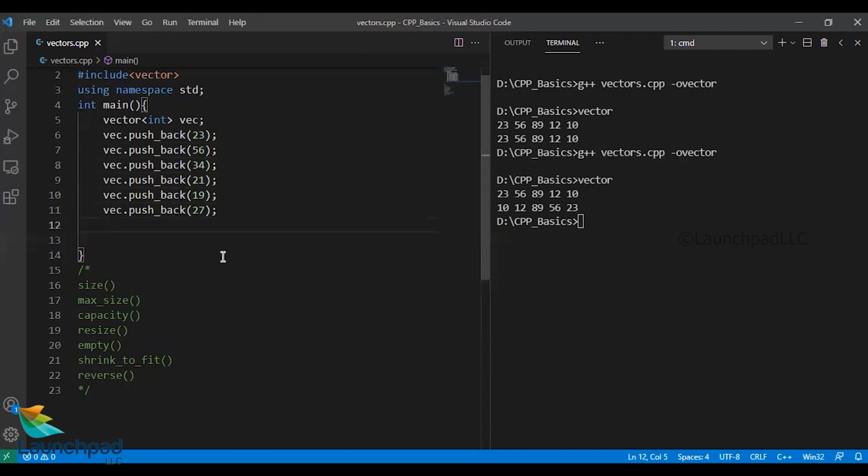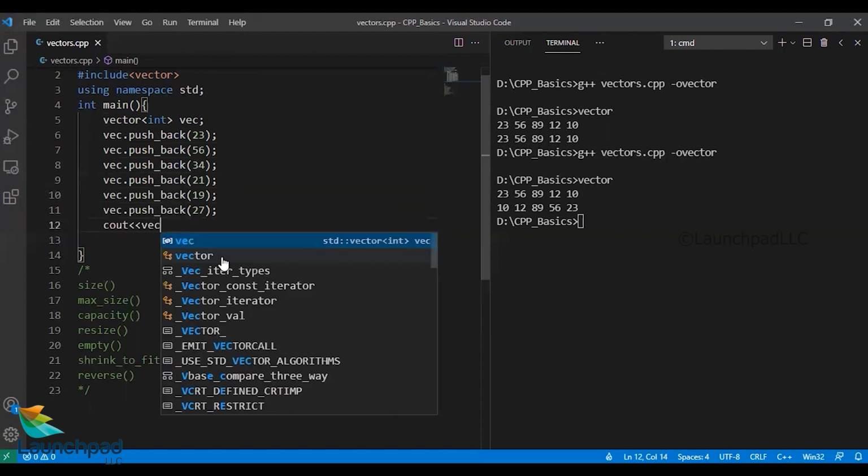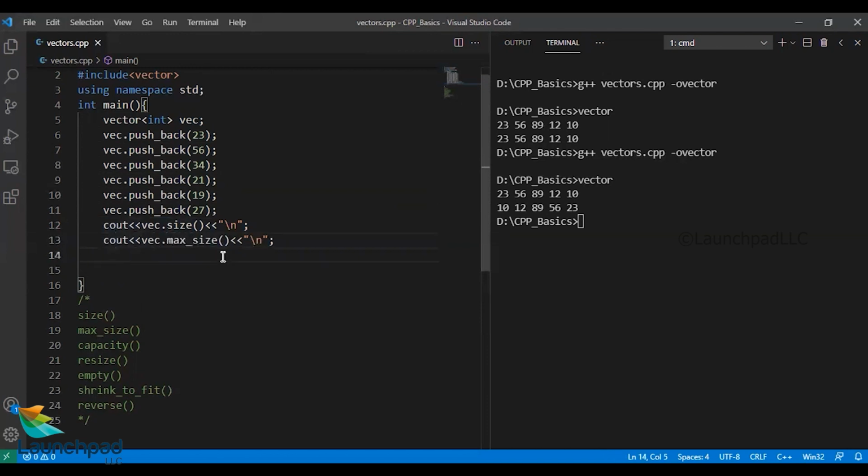So let us get the output of each and every function here. So cout vec.size, and we end with a newline character. Let's do it for the maximum size as well. Let's do it for the capacity too.